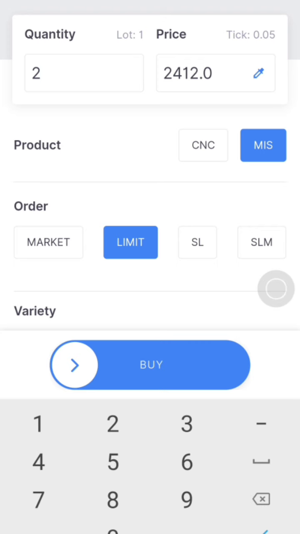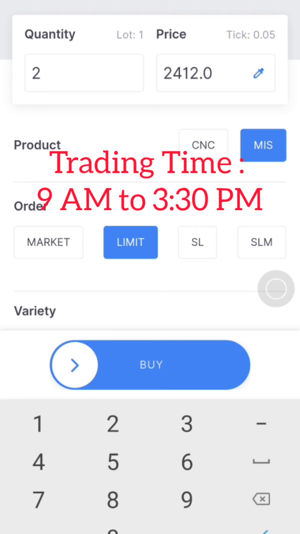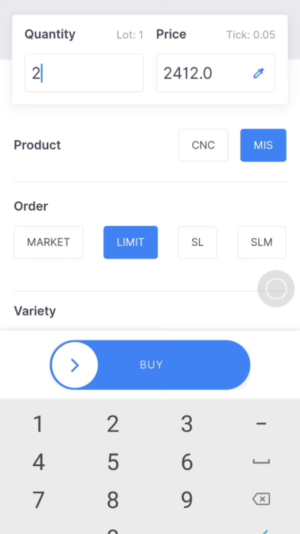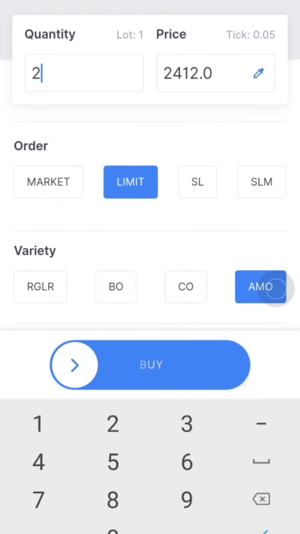So the trading hour will be 9 a.m. to 3:30 p.m., Monday to Friday. So MIS we put it here means intraday, like margin intraday square off. So intraday trading we will do. So in the order here it is showing